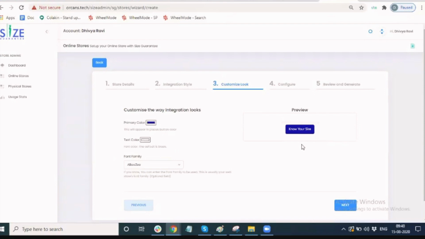This is given for the customer to configure his look and feel to align with his online store. So that's what this option is. Can click next.